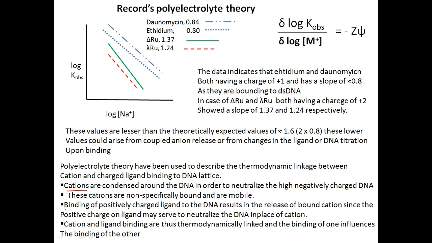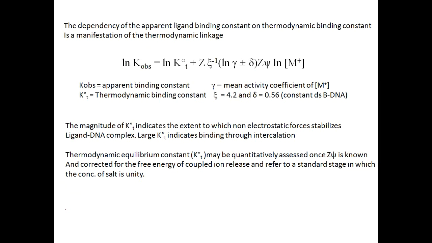So the cation and the ligand binding are thus thermodynamically linked, and the binding of one influences the binding of the other. So binding of a positively charged ligand to the DNA influences the binding of the cation to the DNA. The dependency is given by this thermodynamic equation,